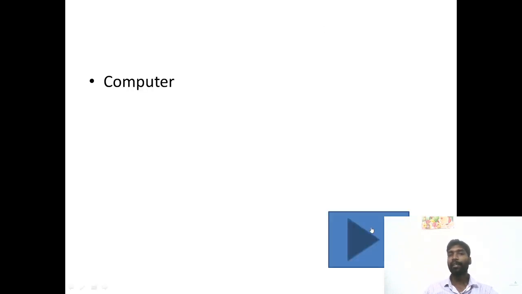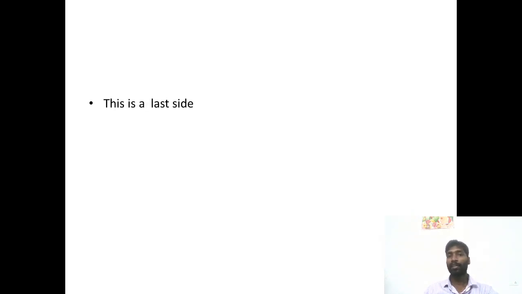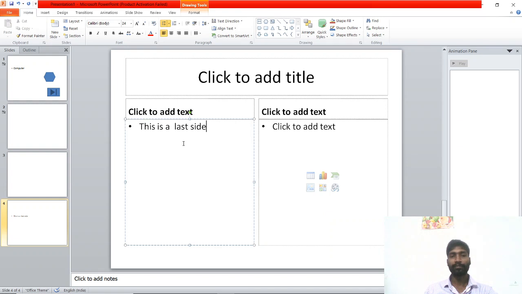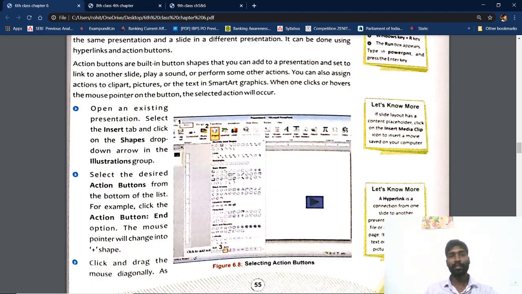Now when I am clicking here, how many slides are there? I think 4 or 5 slides are there. When I click this, it will go to the last slide. See, this is the last slide. So the action button links to a particular file itself, for a particular action. After action buttons,